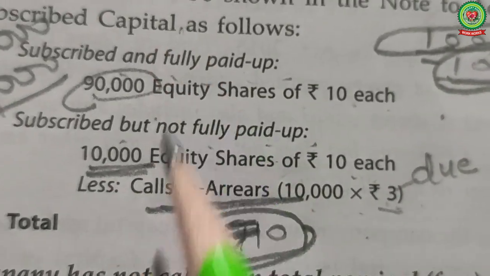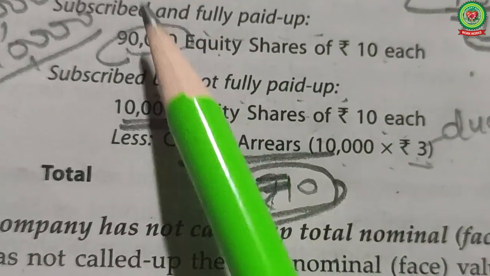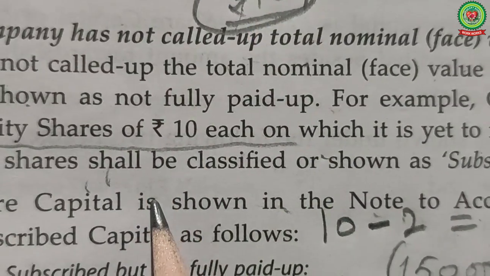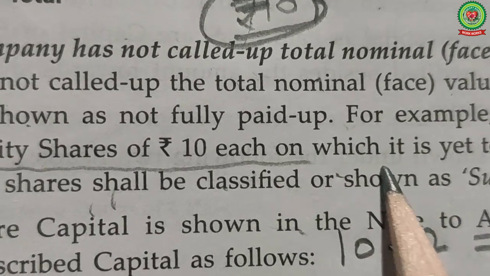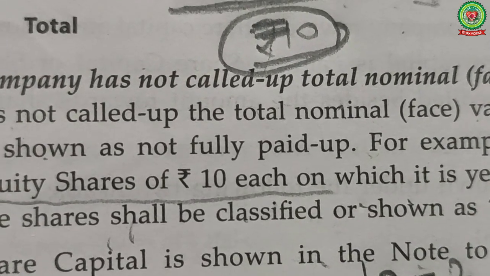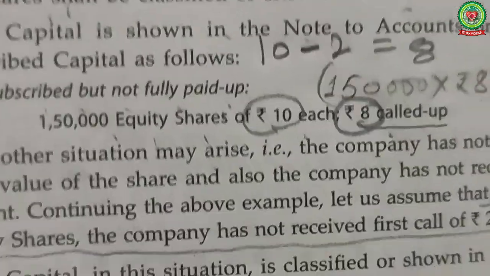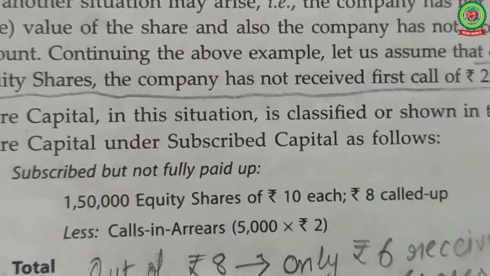So what is the difference between these two cases? In first case, shareholder has not paid the calls. In second case, the total nominal or face value is not called by the company. That is the difference between both. So the next point is